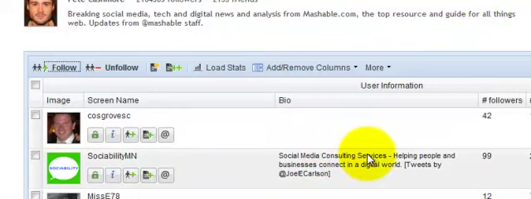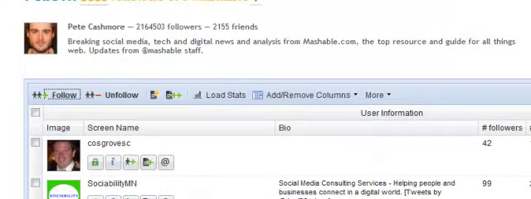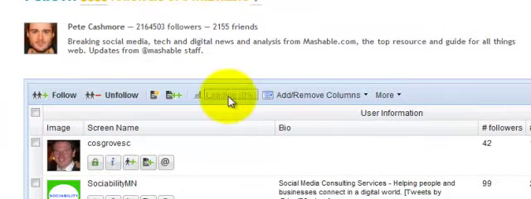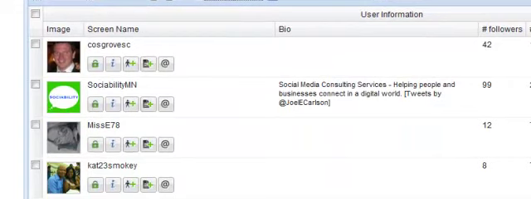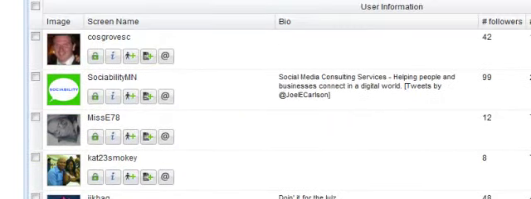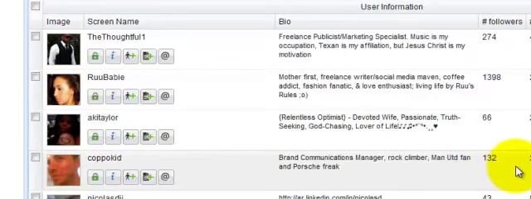Now, why Mashable? Because Mashable shares a lot of real-time social media, digital news, techie stuff, and so this is a great audience in my niche. So here again we get to see, let me load the stats. Tweepi is great because again you get to see the big picture. In other systems you can't see who you want to follow. This person, you know, 8 followers, so that's really not okay.